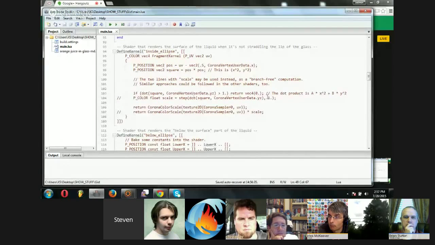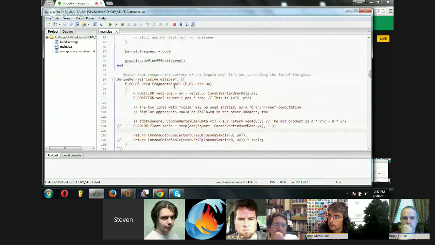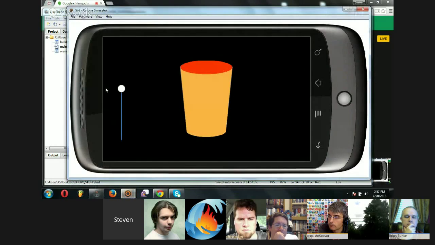So here's the equation, and it's using some operators. I explained that this is just the same as this equation, and this is the same as that equation. So it's just another way to do it. I think I do the more straightforward ways elsewhere, but there's a shader for if it's inside the ellipse, and that's used in all the circumstances like this, this, and it's